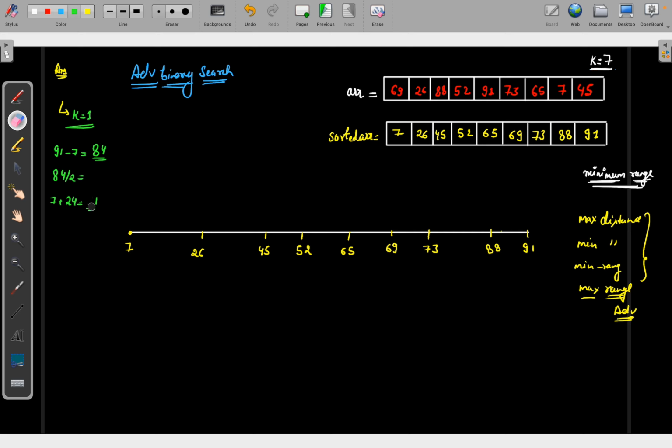It should be 42. Sorry, my bad. So 7 plus 42 will be 49, right? So my position of the Wi-Fi router will be here somehow, and from here to here the range will be 42, and from here to here the range will be 42,